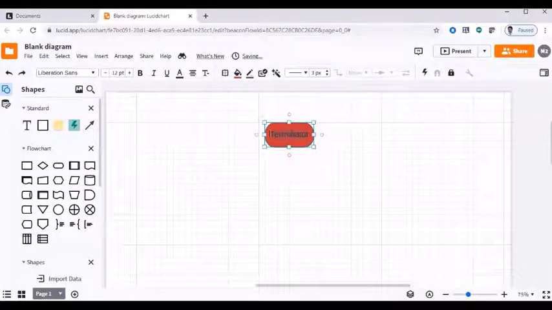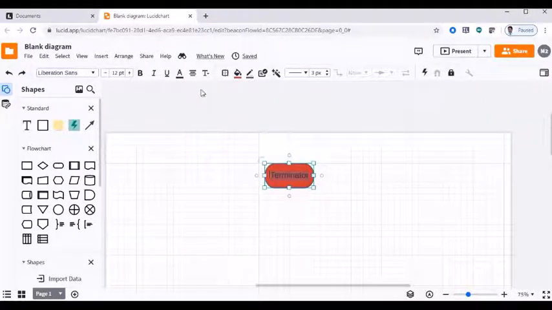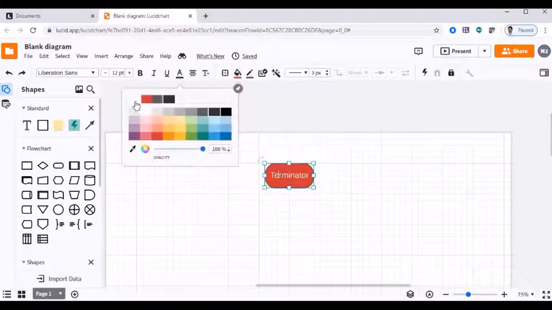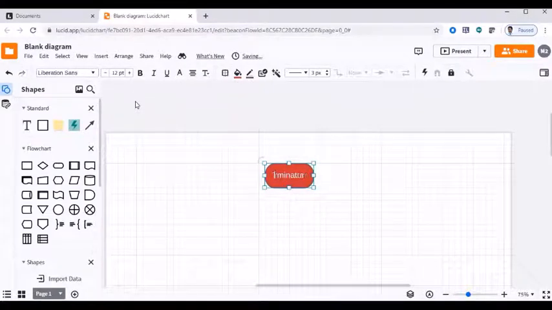Suppose you want to change the dimension size, and before that we'll change the color of the text. And you can do that on the things.